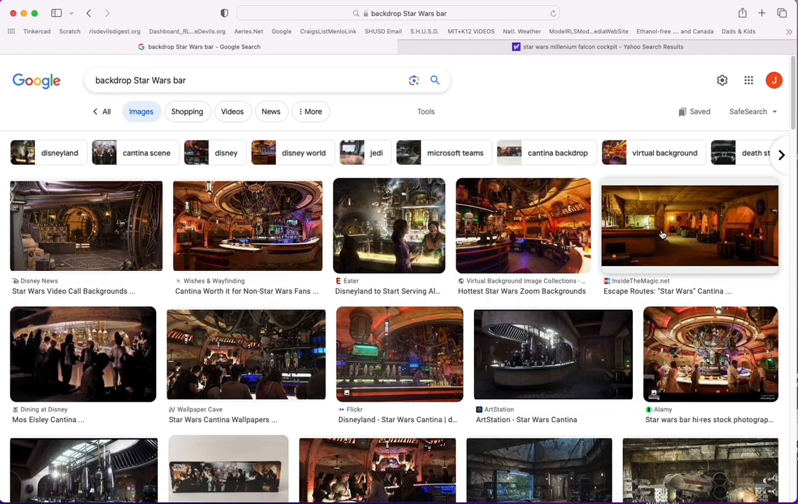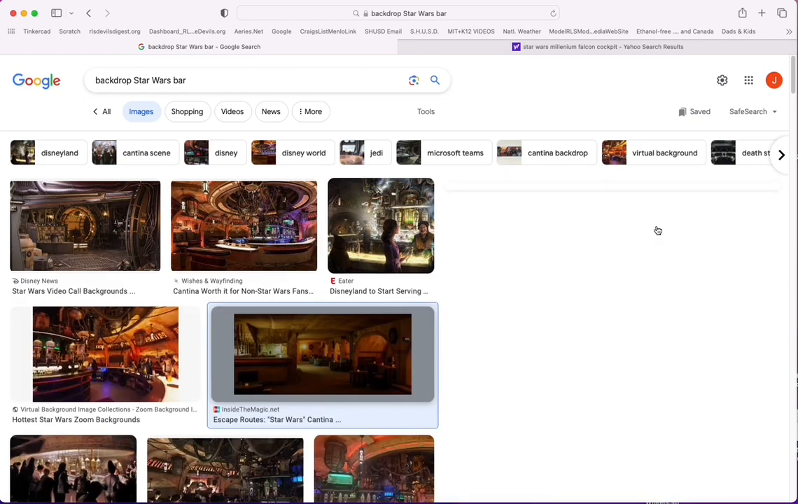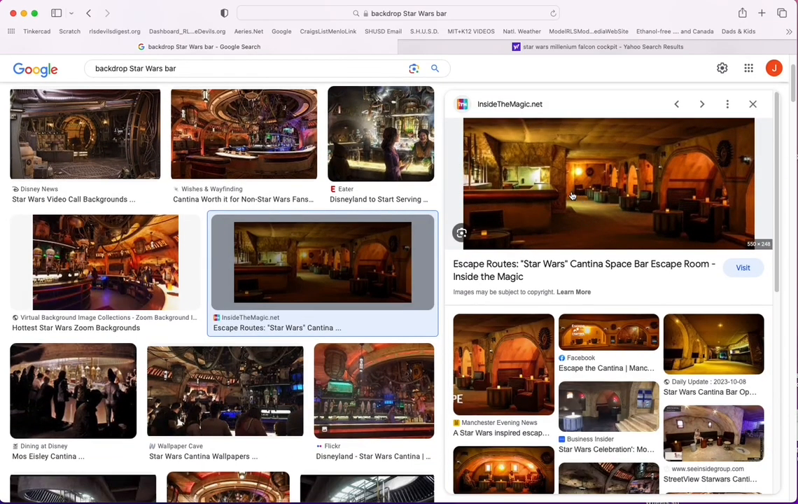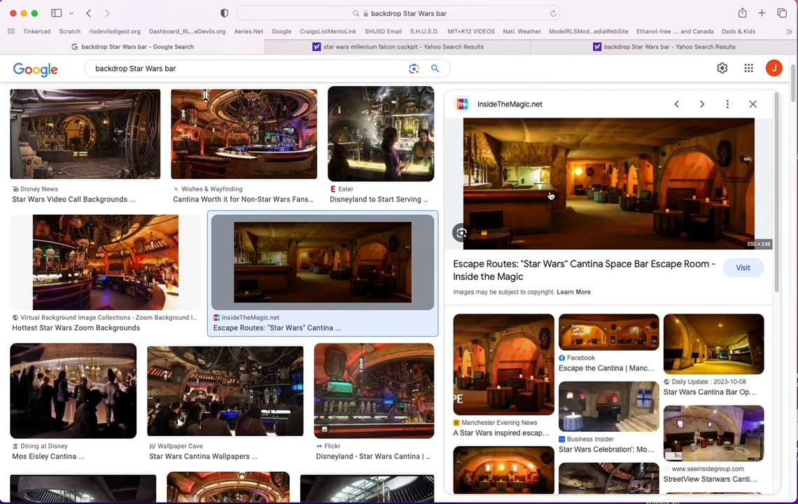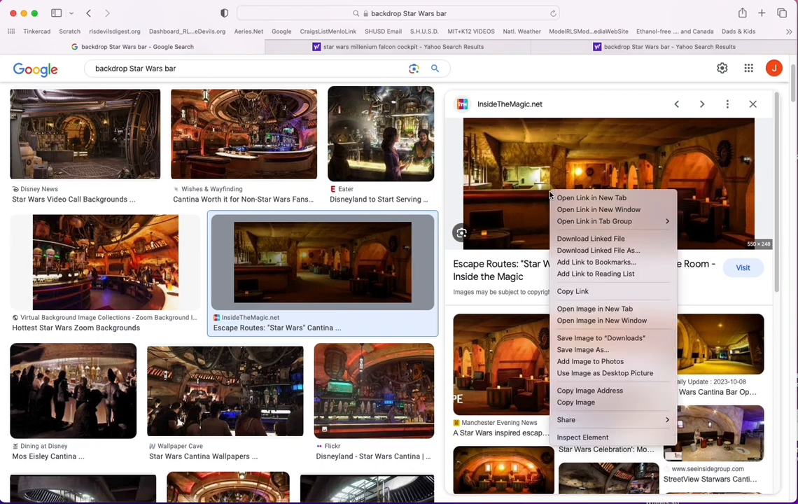Same thing. You're going to hold the control key. So I'm going to click on it. There's a whole range there. Let me go back there. I'm going to hold the control key. I'm going to click on it. I'm going to go save image as. It's going to say